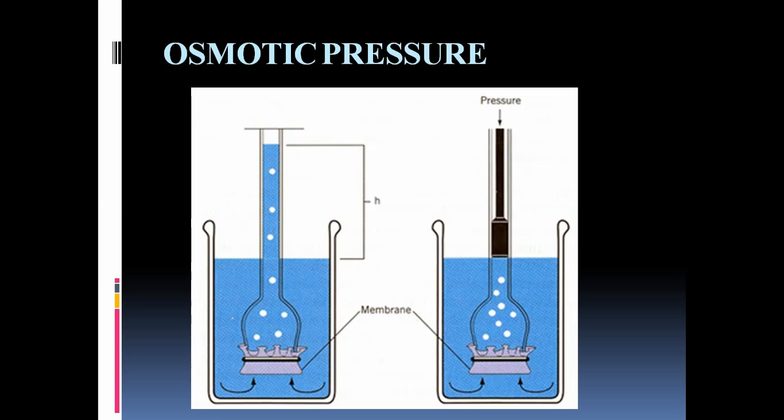In the picture you can see when endosmosis is taking place in the thistle funnel, due to concentration gradient, the level of water rises in the thistle funnel, which means height and also weight increases, right? Clear? But when the weight is increasing, it puts pressure on the solution and reduces further osmosis.